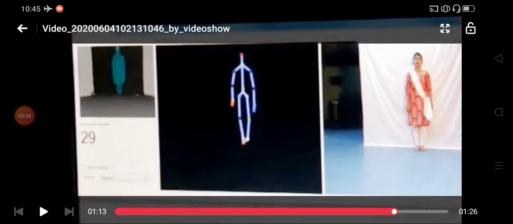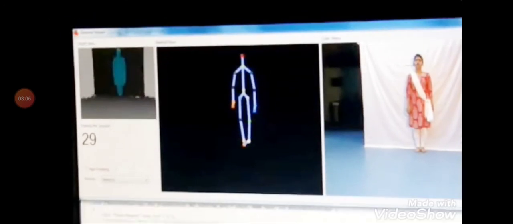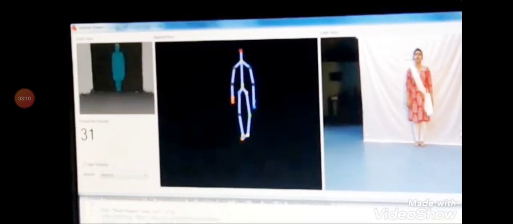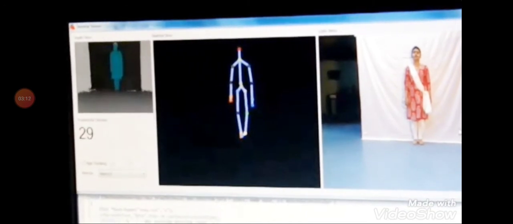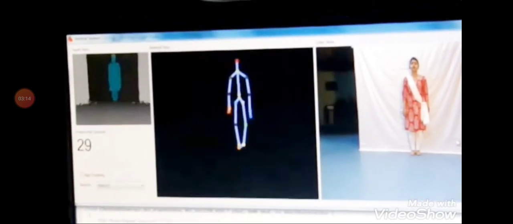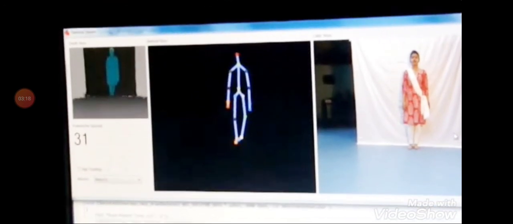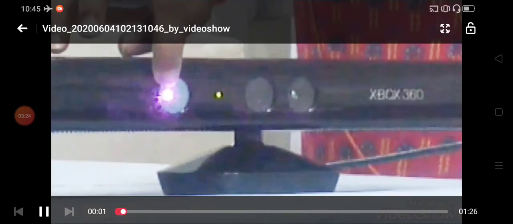Okay, so now let's start. The frame rate here you can see is 29. That frame rate is going to change right now, as we are just running the inbuilt function. If we write code in Visual C++, we can fix the sampling rate at a fixed value. Okay, so this is about the Microsoft Kinect sensor.